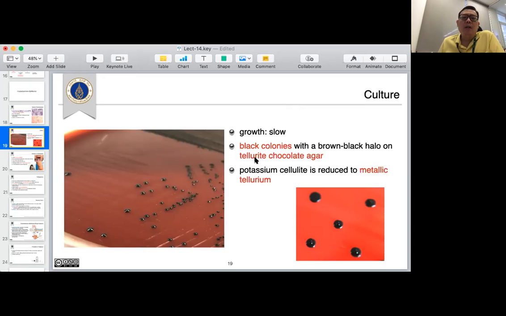Slow growth. The colony is black because they reduce potassium tellurite and produce a metallic color. The colony is actually not round; it shows up in dome shape. Disease by Corynebacterium diphtheriae causes diphtheria. Because bacteria localize in the throat near the tonsil, and then when bacteria grow, they make